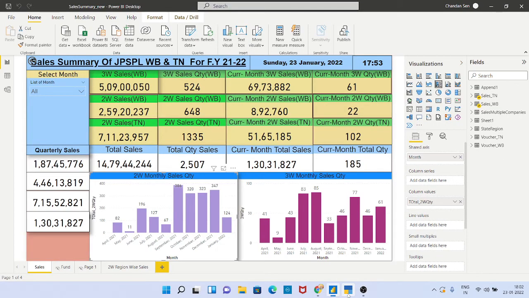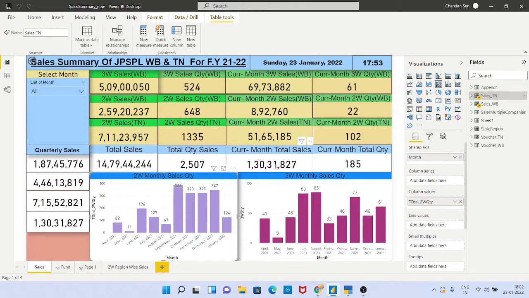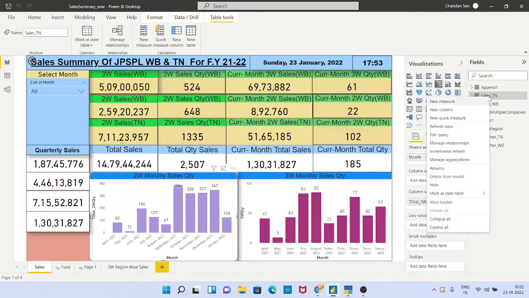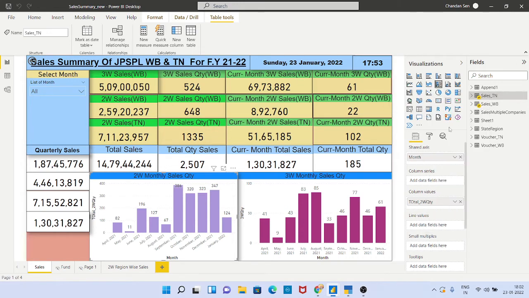Okay, there are five tables: one is voucher Bengal, voucher Tamil Nadu, sales Tamil Nadu, sales Bengal, and one is the sales of multiple companies, the consolidated company sales. Now I made the entry in my Tamil Nadu branch, so I update it first. You can see here the two-wheeler quantity for Tamil Nadu is 1335. I have made two numbers of quantity, so it will become